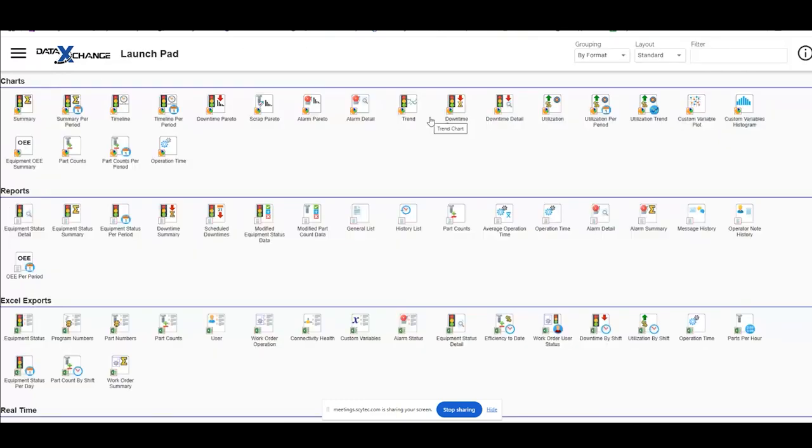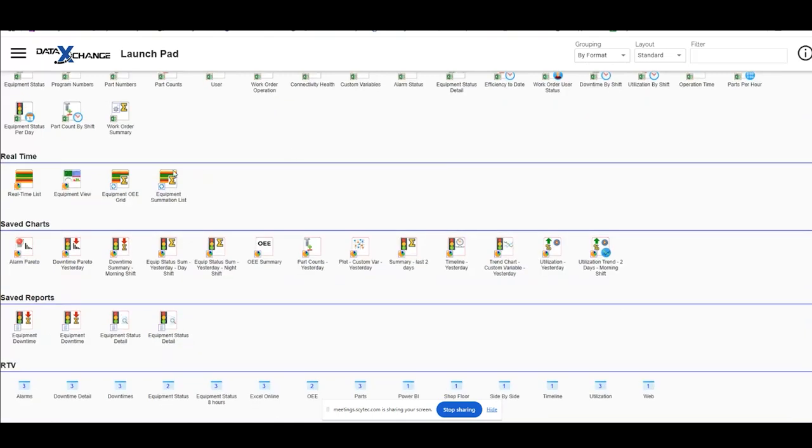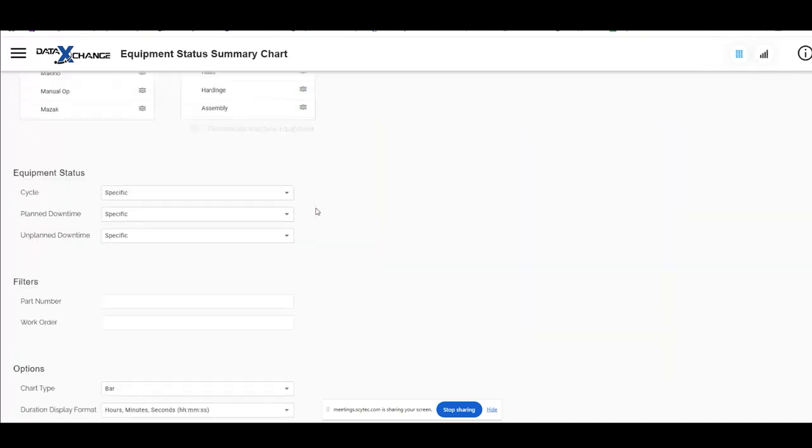So, as I mentioned earlier with the filtering options, when you save a chart, it will populate down here in the Save Chart section. So for one of the ones that I was showing earlier, which was the equipment status summary, we have this for a day shift. When we go here and click on this, filtering again, we also have the ability